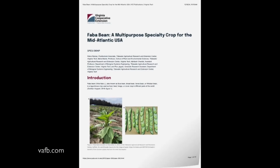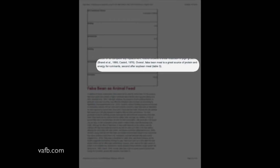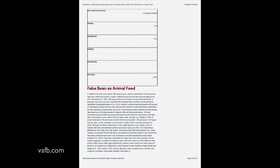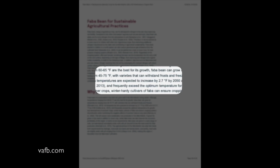According to a publication from the research team, fava beans are second only to soybeans in protein content. They also contain significant amounts of vitamins and fiber. But there could also be other reasons to grow fava beans. That same publication cites projections that temperatures in the Mid-Atlantic are expected to rise by 2.7 degrees Fahrenheit by 2050